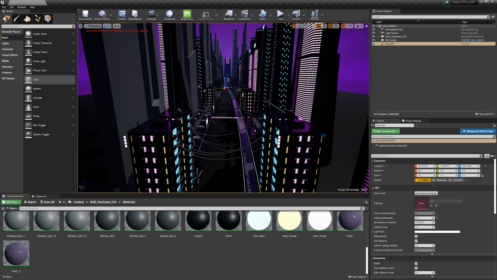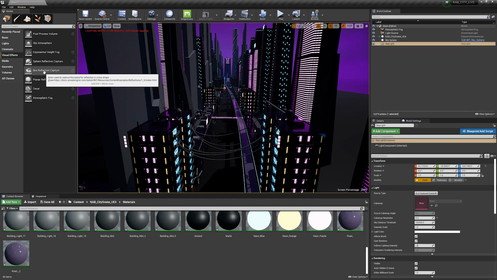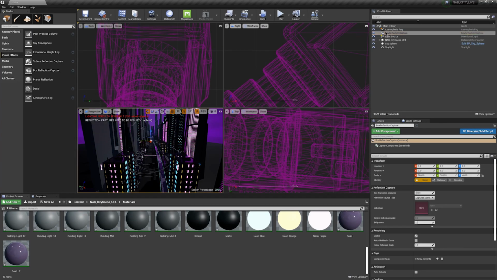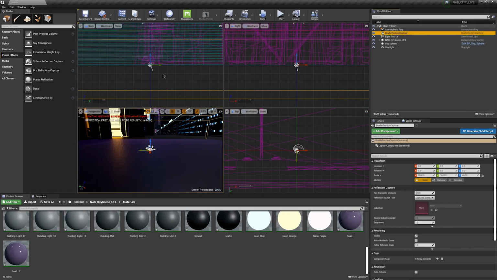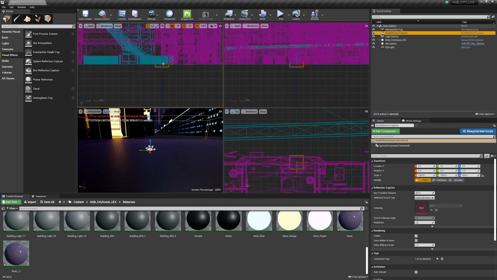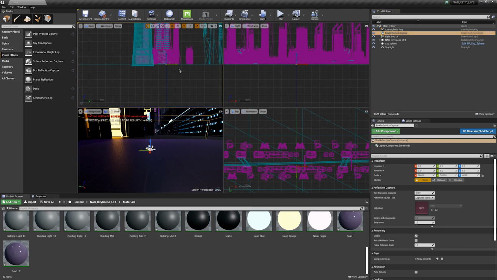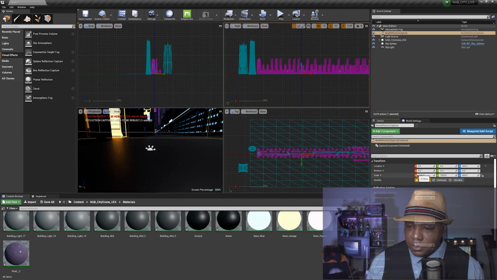And so I'm going to actually come over to my visual effects tab, and I'm going to add a box reflection capture. So if I add this in here, and then let me zero out the location, and I'm just going to have it engulf my entire scene. So let me come up to my viewport here, double click on my box to kind of zoom it out a little bit. And so what this does, it's going to give us more precise reflections in our scene. So for scale here,